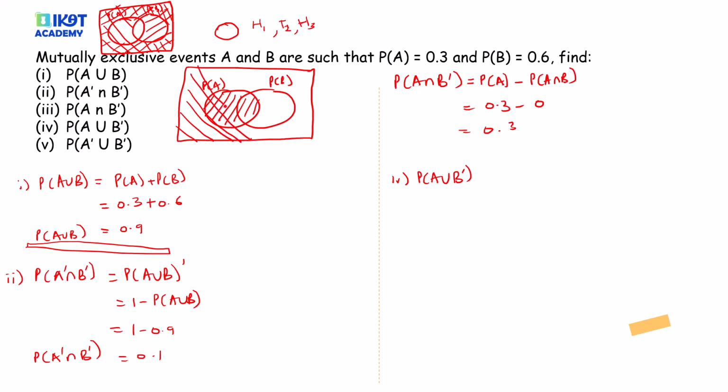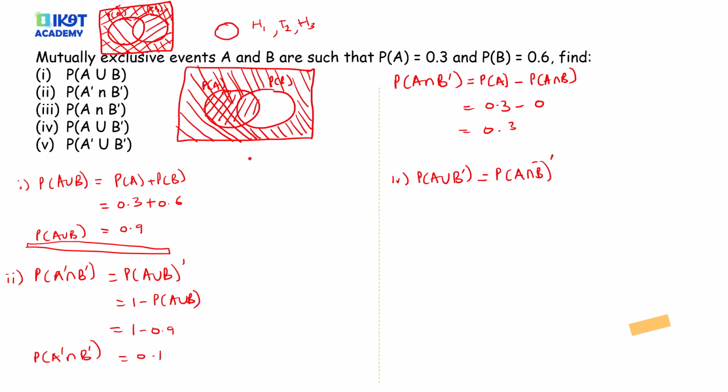So what I'm just trying to say is that you don't have to cram that when I have this union, this complement is this. You just shade everything outside set B, and I shade everything in. Now the question wants union, that means everything that has been shaded is needed in this question. So this means probability of A union B complement is the same as probability of A intersection B complement the complement.